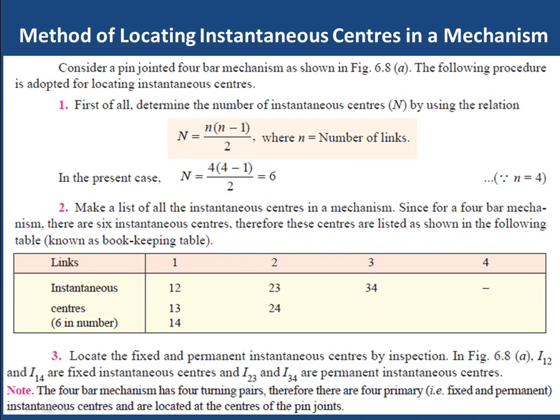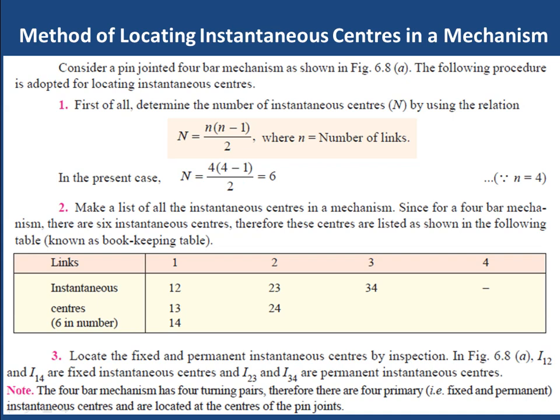So you can take a table and always draw this. This table will always be the same, there will not be any change. So just remember this, or you can just follow the steps I have told. For any 4 links, you will always get 6 instantaneous centers. Whether you take a 4 bar mechanism or a slider crank, both have 4 links, so you will always get the same I centers.